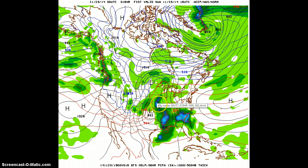Right here we have Sunday, and as we can see on Sunday we've got warm air spreading northward with rains coming into the area, and it should be a rather nice day for my good friends along the coast, with periods of showers and heavier rain in the northern Ohio Valley up to areas of Buffalo, where it could cause